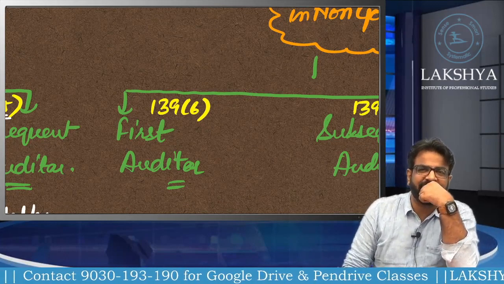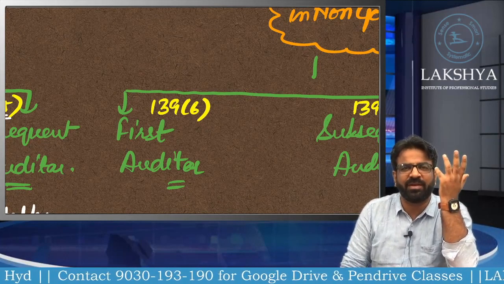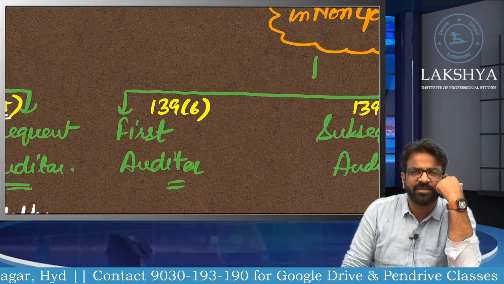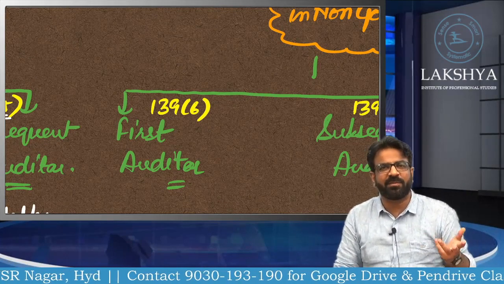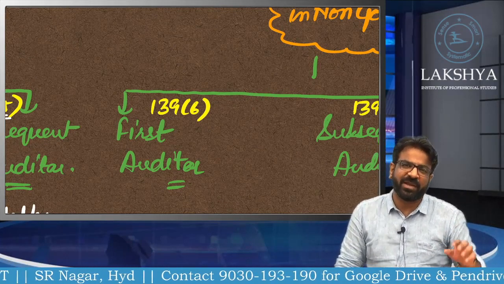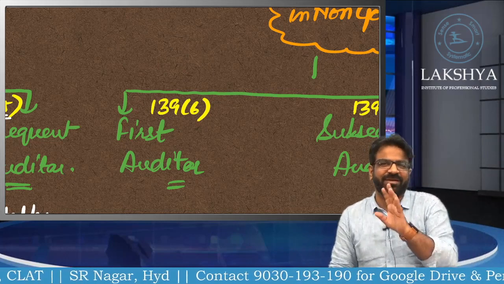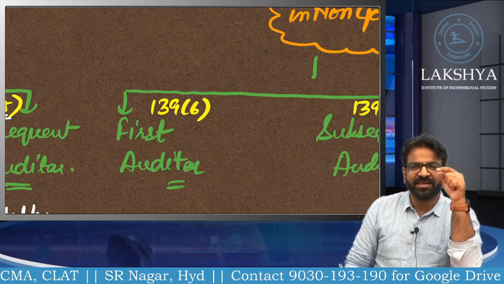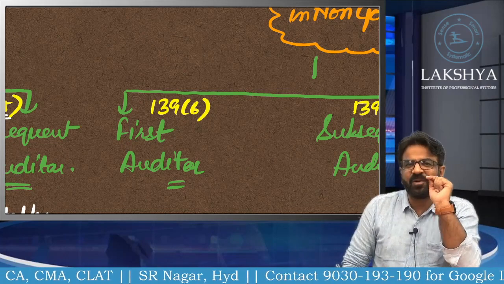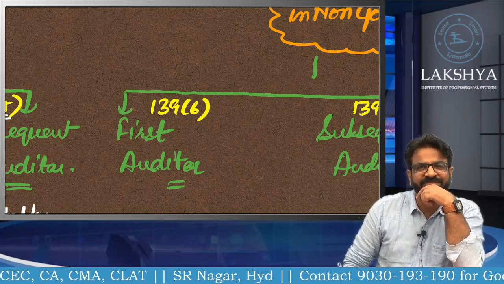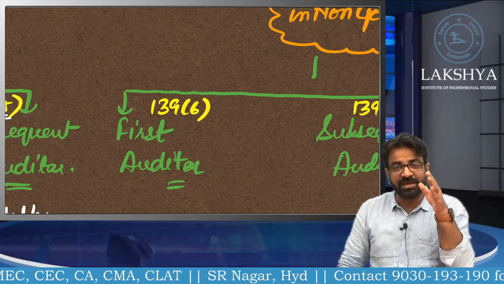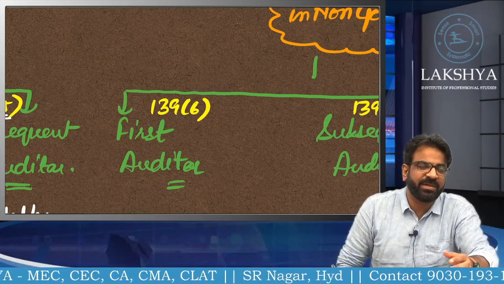So you might be thinking, sir, you gave a very big award winning answer. So non-government company is a company which is not a government company. Then that would mean government company is a company which is not a non-government company. That is not how it works. To understand the non-government company, you should know the meaning of what? Government company. So what is the meaning of government company? Tell me, what is the meaning of government company?